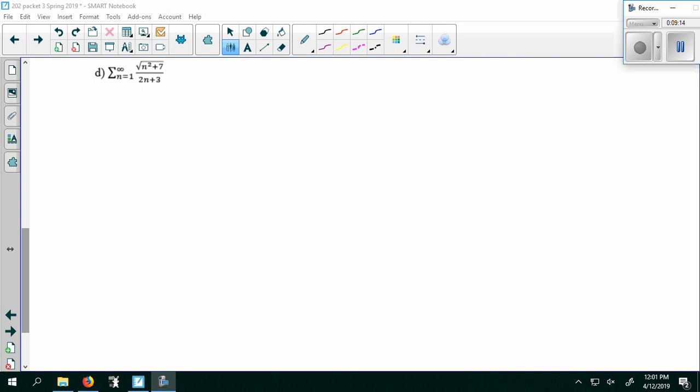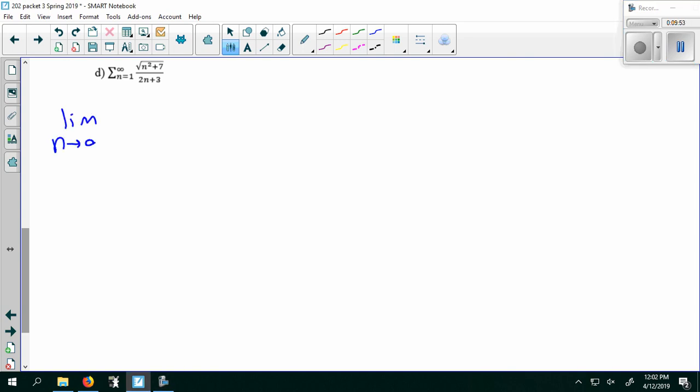Okay, this one is just a little bit tricky. You might be tempted to compare this to 1 over n, maybe. But if you just look at the leading terms, the square root of n squared is n, and then the denominator has a highest exponent of n to the first. So there isn't an obvious comparison to a p-series. And the fact that the numerator and denominator have the same degree means that the limit